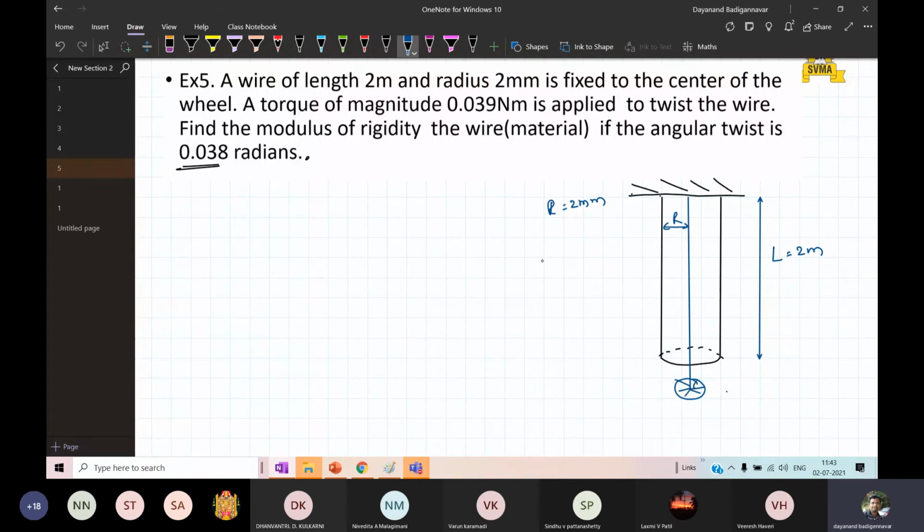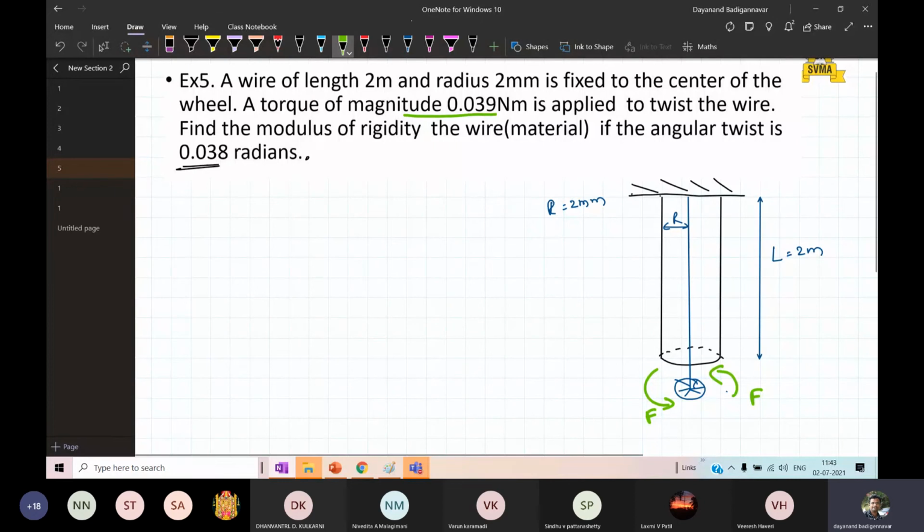Okay, a torque is applied to this wheel like this. This is a force, and this is the direction of the force, anti-clockwise. We are applying a couple in an anti-clockwise direction. What is the force that we have applied? The torque we have applied. This is the torque.